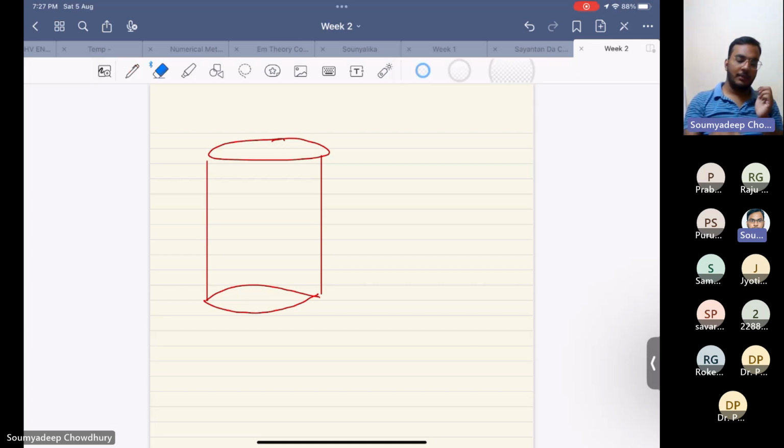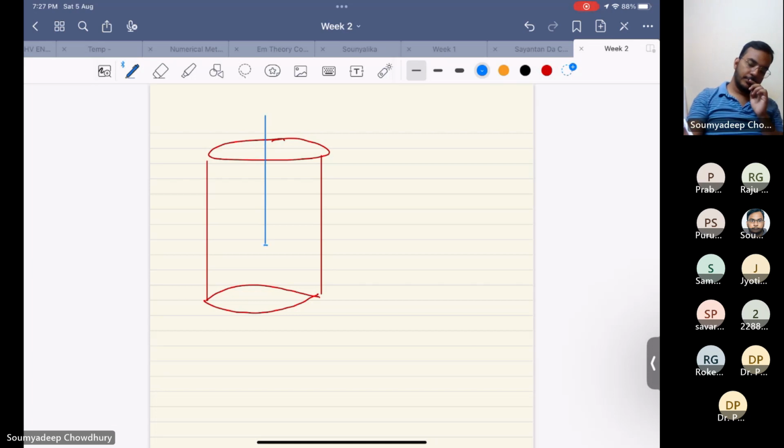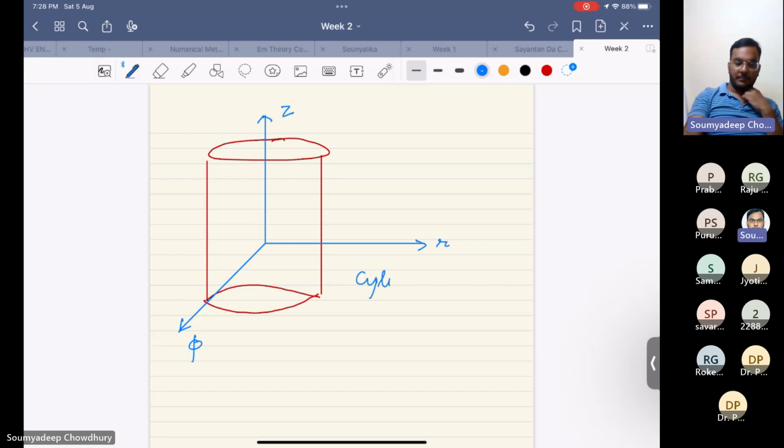So for that we have another kind of coordinate system, which is called the cylindrical coordinate system. Okay, in the cylindrical coordinate system,